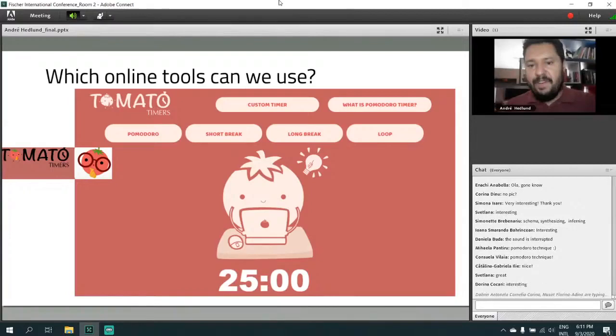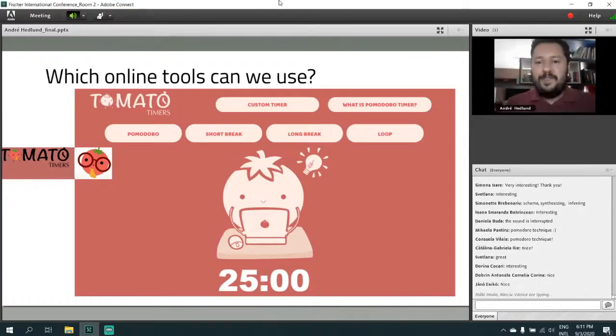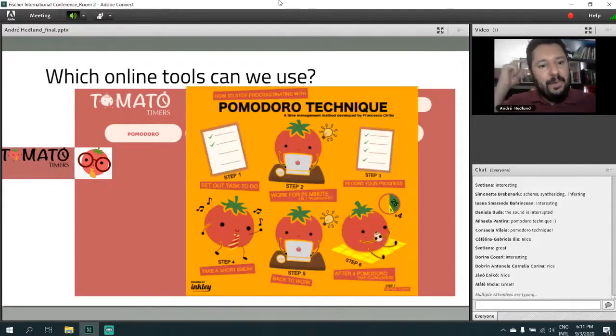The next 25 minutes, you can work with the vocabulary because you're switching tasks, right? Instead of working 50 minutes with grammar structure to understand grammar, it's better if you do grammar and vocabulary and then go back to grammar because the brain likes that. And then if you access Pomodoro Tomato Timer, you will see the instructions and how you can use this technique. It's quite simple, actually. And that brings us to the next one.